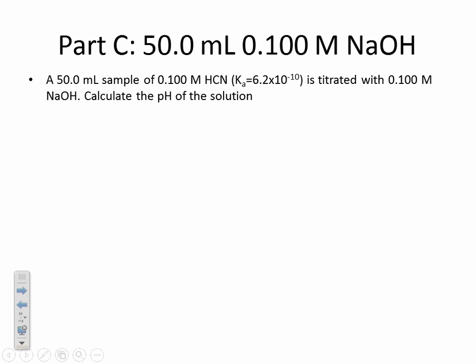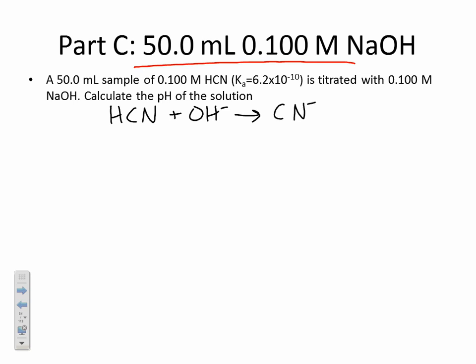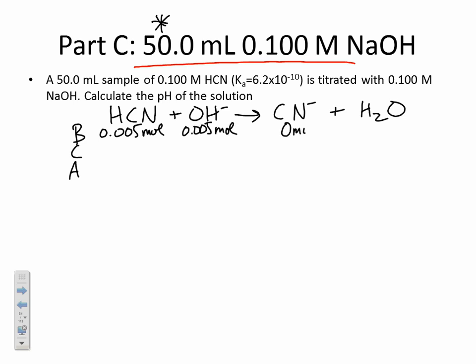Okay, and then part C, calculate the pH now when we have 50 milliliters of 0.1 molar NaOH added in. Again, I'm going to start by writing the exact same reaction, that neutralization reaction, which is a one-way reaction. And I'm going to start by filling out a BCA chart for number of moles. It's very helpful to see how many moles of which thing are in the flask. So again, this hasn't changed, the 0.005 moles of HCN, but the moles of hydroxide have changed. I have 0.005 moles of that. I know I'm starting with 0 moles of the cyanide, and I'm not including the water because that's not going